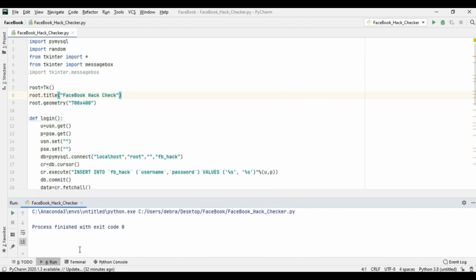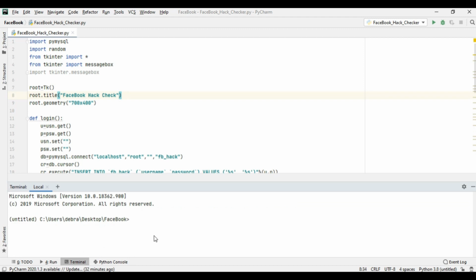So how to make this Python script to exe file? So there is a module in Python, AutoPy to exe. So in that module you don't have to write any command. It is a GUI module where the Python script is converted into the exe file. So by PyInstaller --f no console, by that command you can do that easily. But for those who are new to the programming, it is not a pre-installed module file in Python, so you have to install it first. Pip install AutoPy to exe.